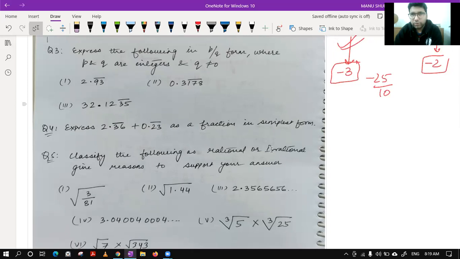Anyone? We have to express the given numbers in the form P upon Q. Good, Abhishek. Others, please ask. Those who have doubts. We have 47 participants right now. Let me see. Abin, all clear, beta? Question number 4, Moksha, okay. We will see question 4 also. First, let me know in question number 3. Anyone having doubts? Question number 3, anyone?